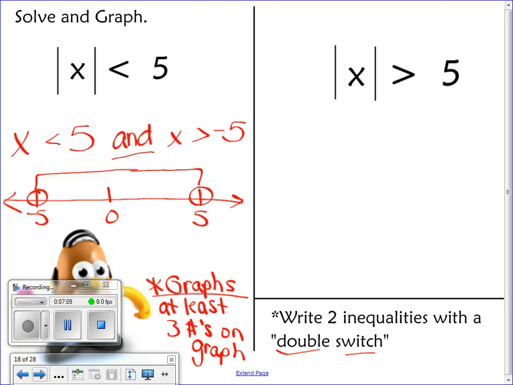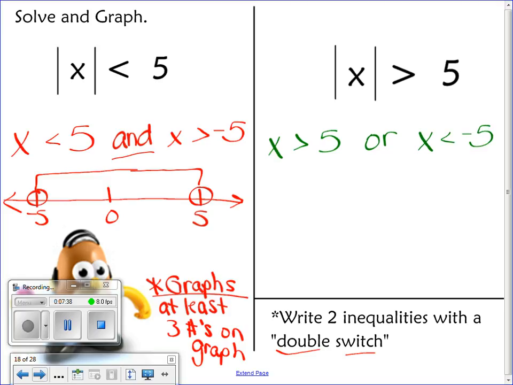All right, on the next one, absolute value of x is greater than 5, just so you can kind of see the difference between the two of them. So again, just like we started yesterday, absolute value, 2 bars, 2 equations. So I'm going to write x is greater than 5. I don't change what's in jail. Everything just the way I see it. Is this an and or an or? It's a greater than, so it's an or statement. Or x is